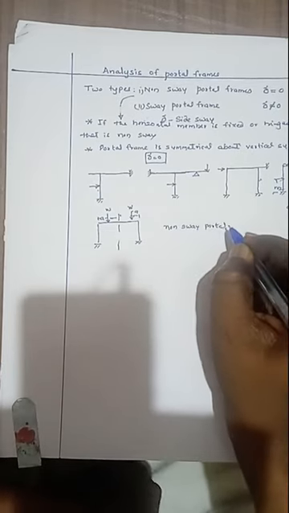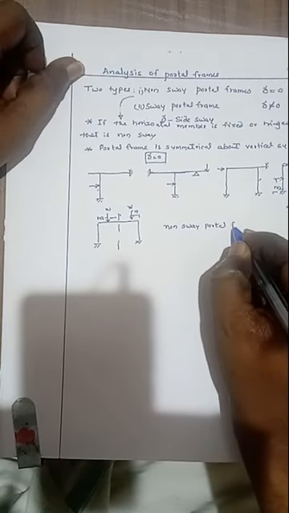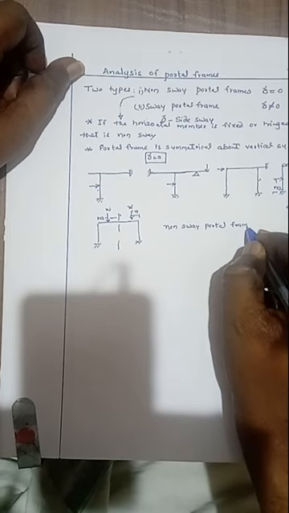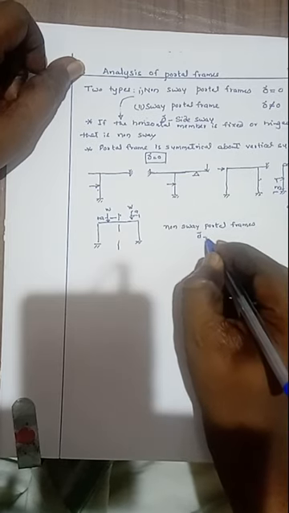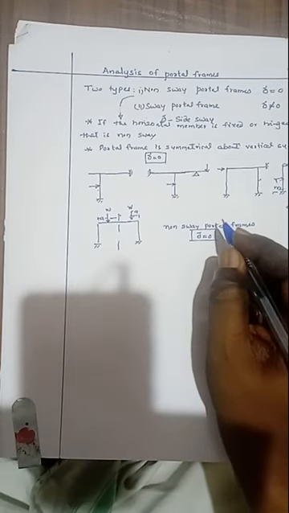Here these are all non-sway portal frames. Here the sway delta is equal to 0. Delta equals 0 in all these cases. Here this is similar to the continuous